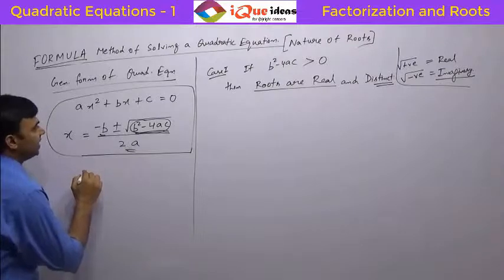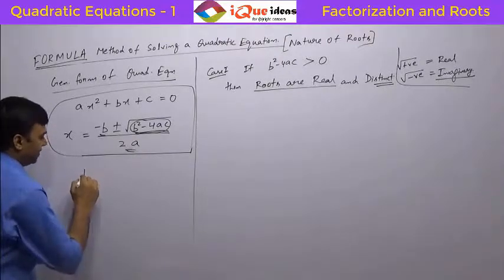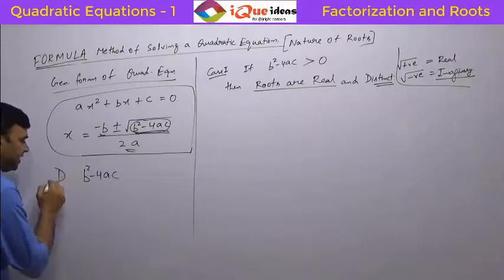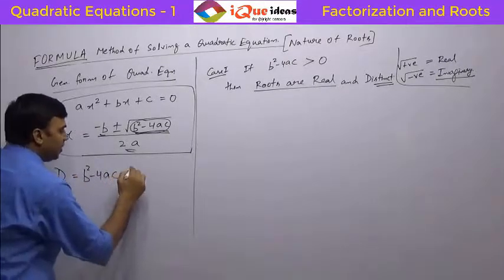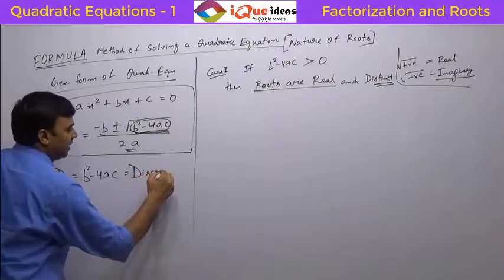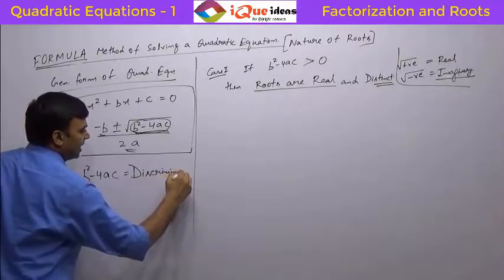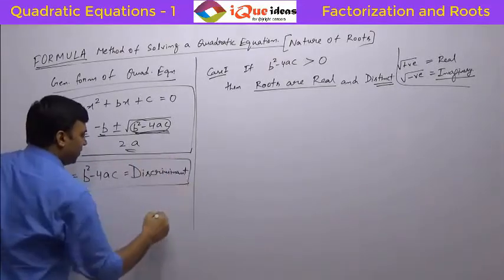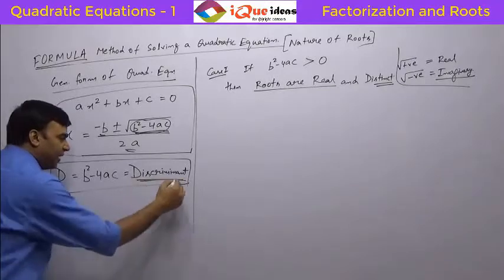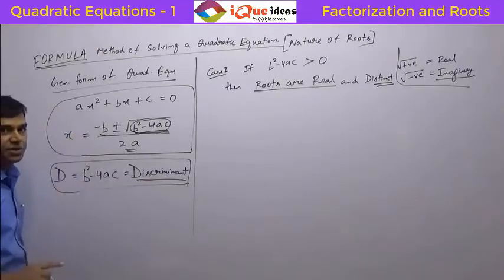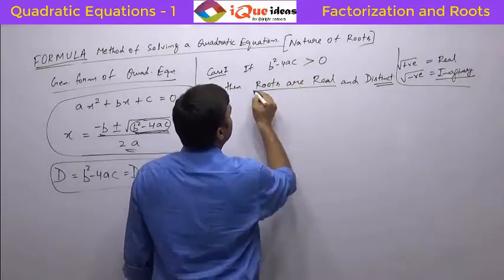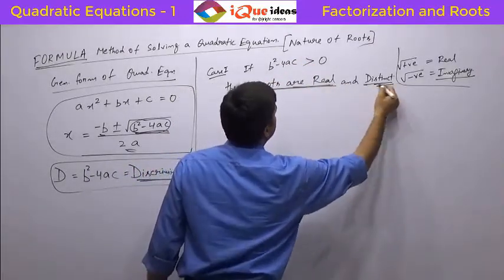There is a word discriminant coined for b square minus 4ac. Sometimes in the books it is also written as capital D. It is actually called discriminant. The D is the first letter of the word discriminant, right? So this expression b square minus 4ac is called discriminant, not delta. And why discriminant? Because it describes the nature of roots, right? So the first case, if b square minus 4ac is greater than 0, then the roots are real and distinct,